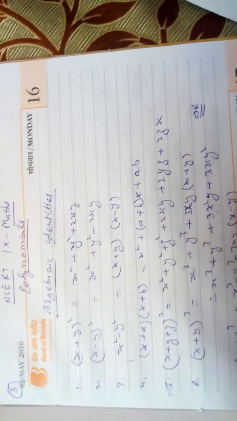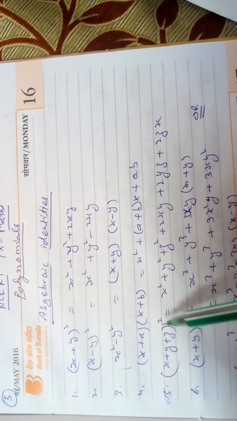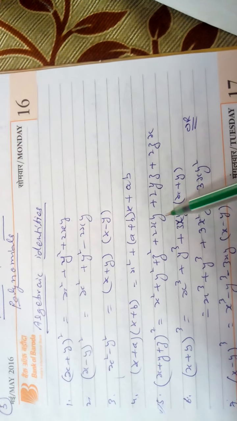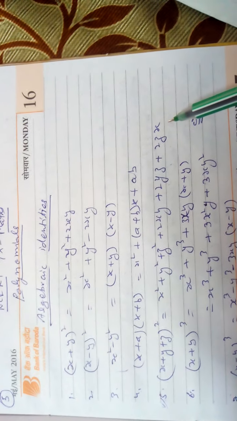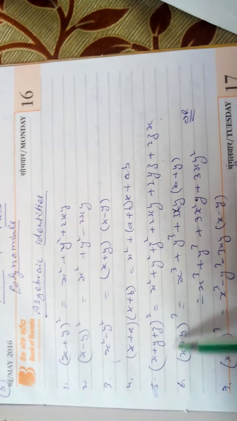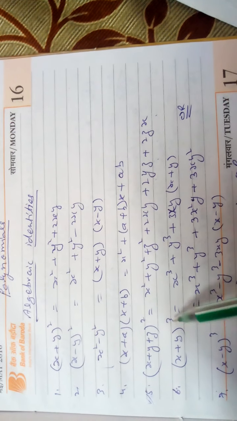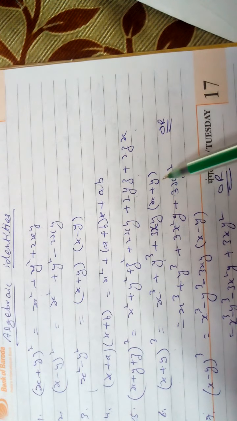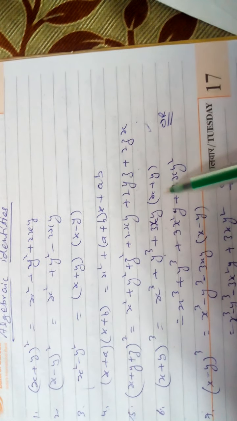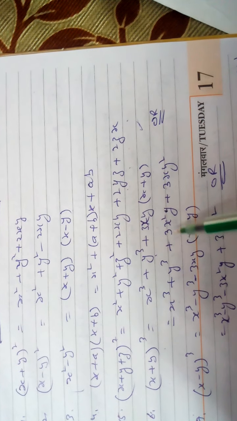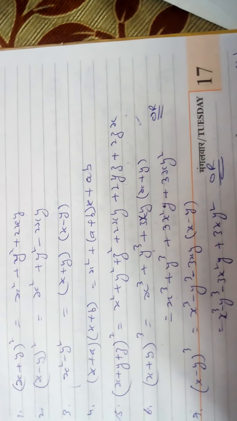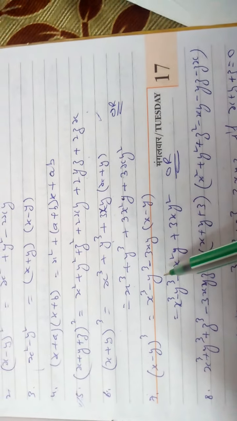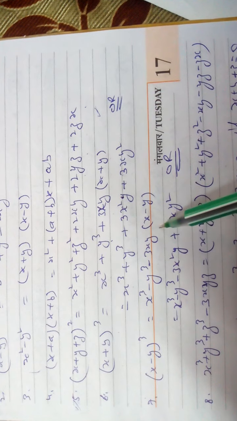From here we will see the 9th standard identities. (x + y + z) whole square is equal to x square plus y square plus z square plus 2xy plus 2yz plus 2zx. You can multiply and get this if you want. (x + y) whole cube means you multiply 3 brackets: x cube plus y cube plus 3xy(x + y), it is one formula. When you open this bracket you will get x cube plus y cube plus 3x square y plus 3xy square. Like this, for minus, (x - y) cube is x cube minus y cube minus 3xy(x - y).